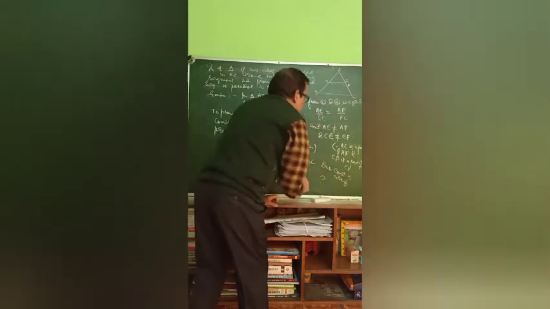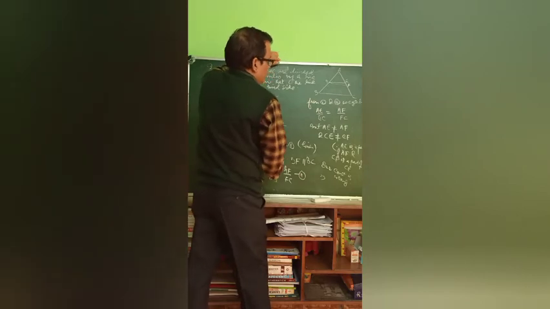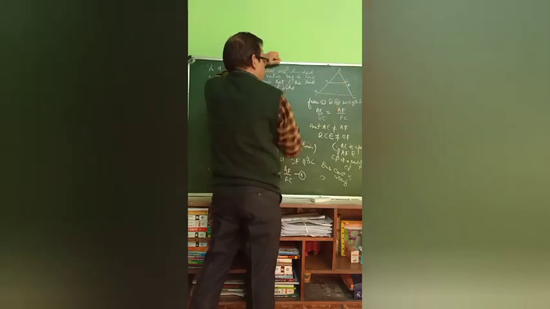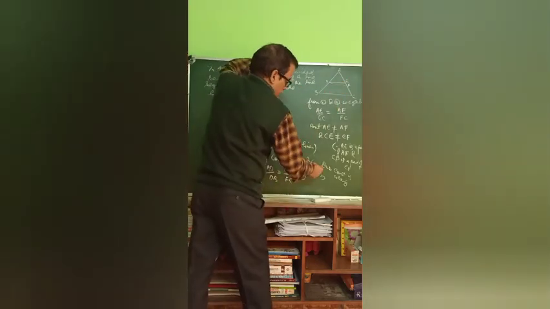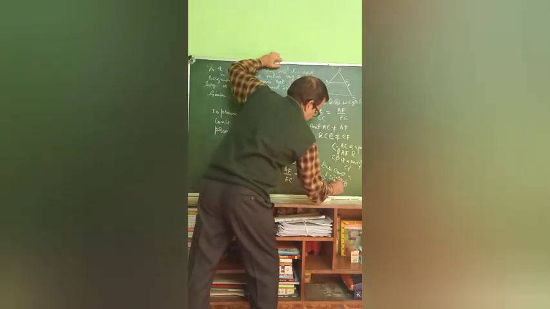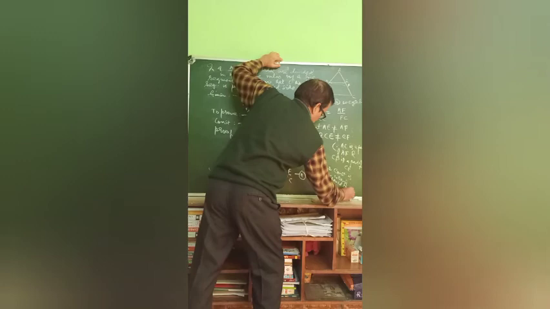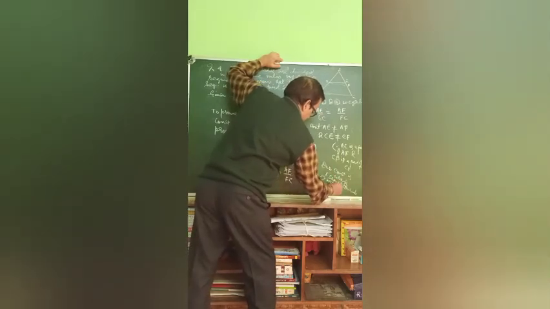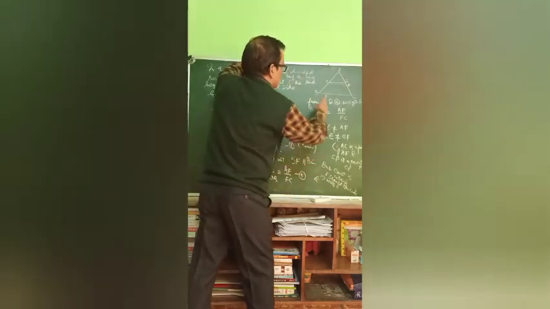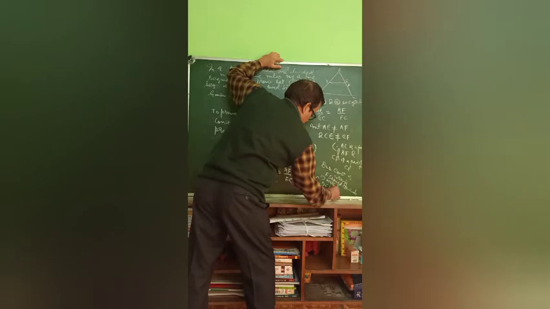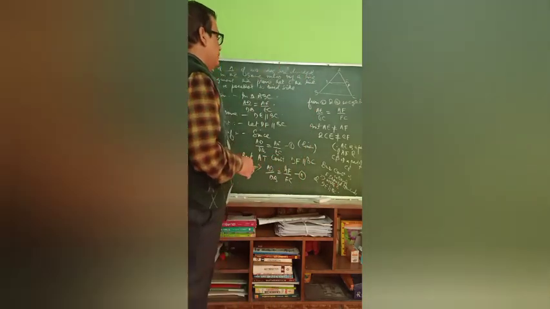This implies F should coincide with E, because it is already given. So F should come to E. Therefore our construction is wrong. F should coincide with E, and then DE is parallel to BC. Hence proved.